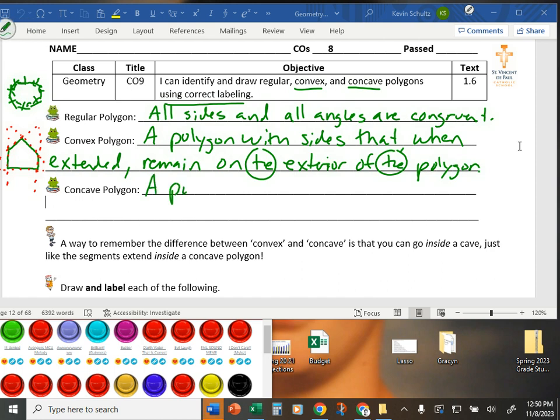A concave polygon is a polygon with sides that, when extended, pass through